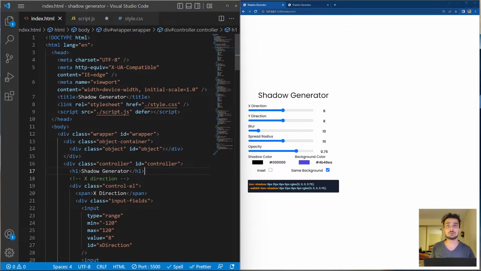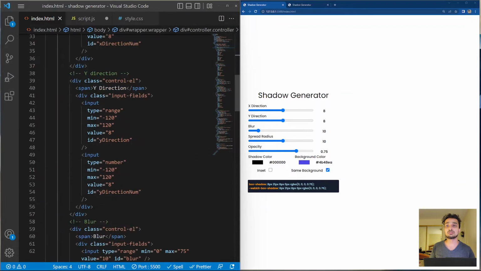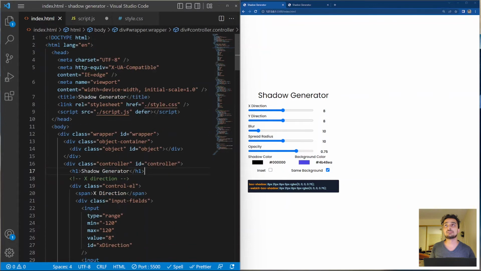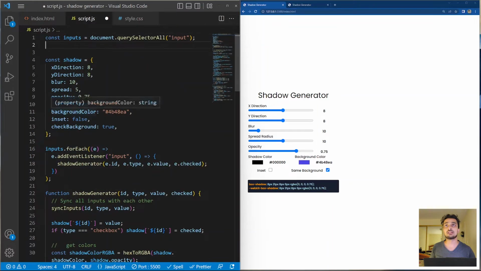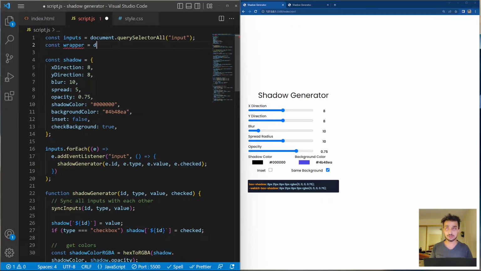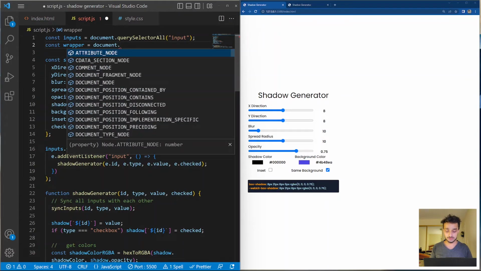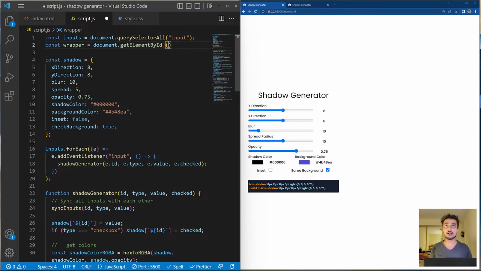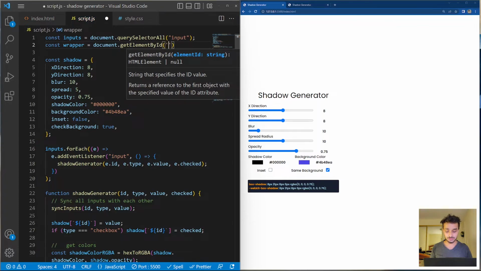We also want the controller, and we also need these two display properties, display shadow and the display shadow as well. So let's go to our script.js and start working on that. So we'll first grab the wrapper. That's going to be document dot getElementById, and this one is going to be just wrapper,